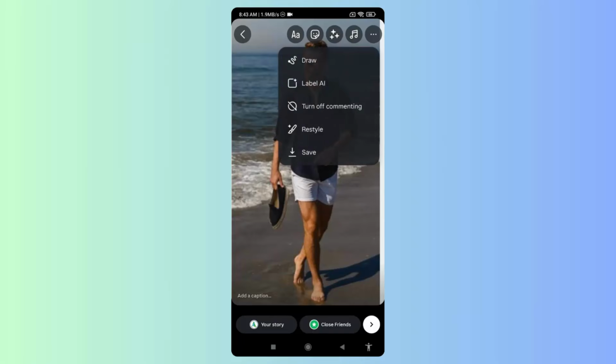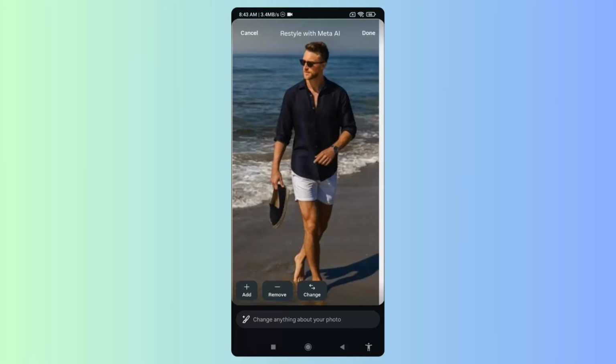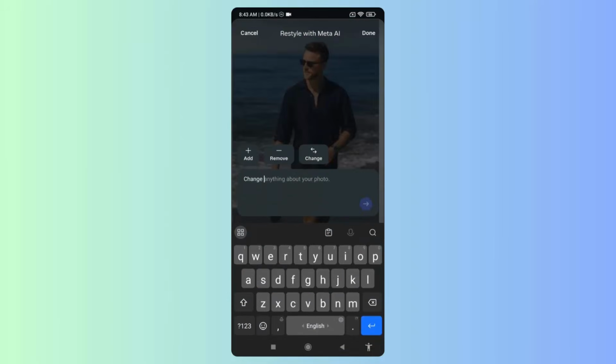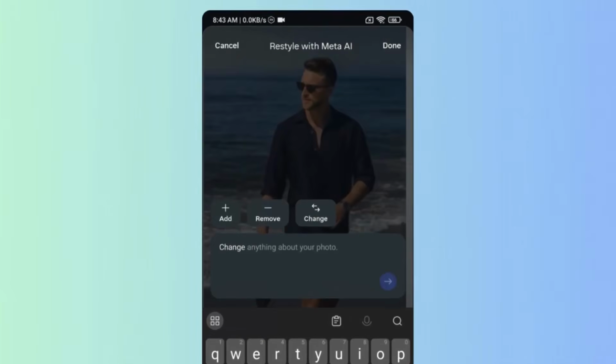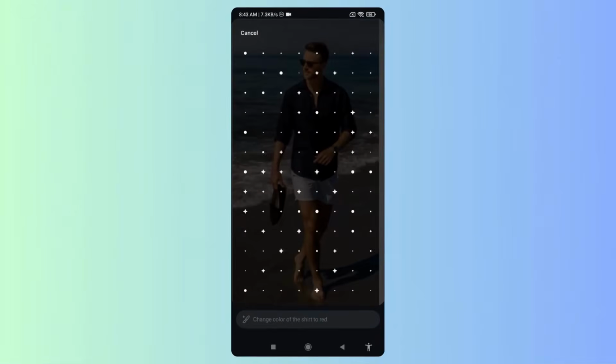After this you need to click over here on three dot icon and then click on Restyle. This type of interface will open. Here below you can see an option of add, remove and change. You just need to click on change option and here you have to type change color of the shirt to red or whatever color you want, and then click on the arrow icon,